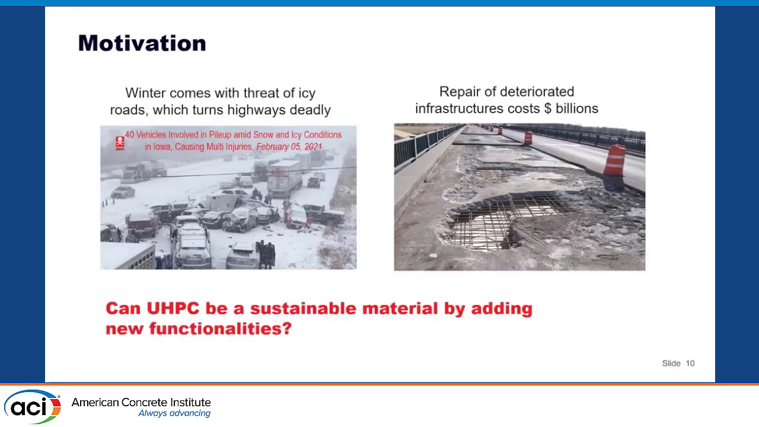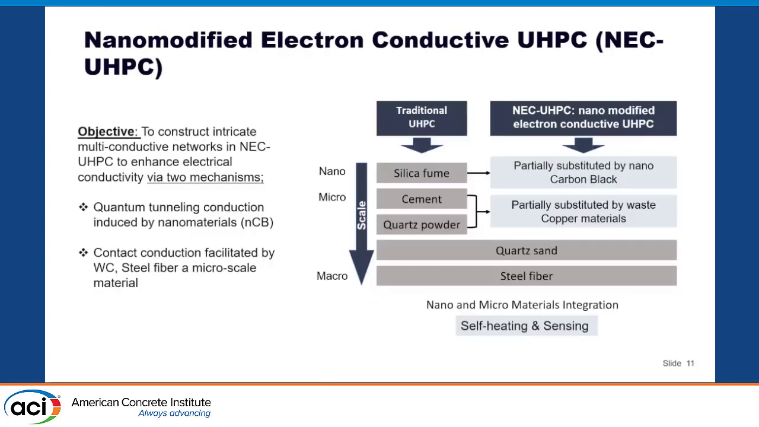So the question: can UHPC be sustainable, or can we add sustainability to UHPC by adding a new functionality? Yes. At Texas A&M Corpus Christi, we developed a novel, nano-modified, electron-conductive ultra-high performance concrete. The idea is to construct multiple layers of conductive material by replacing silica fume with nano carbon black material, especially since silica fume makes up 25% of the cement addition, which is